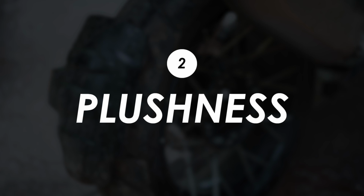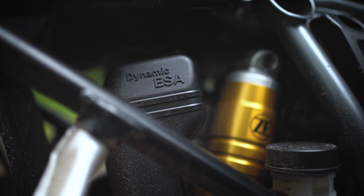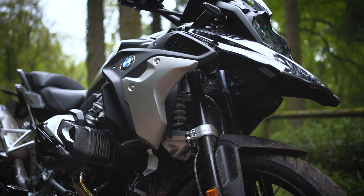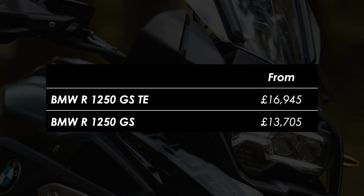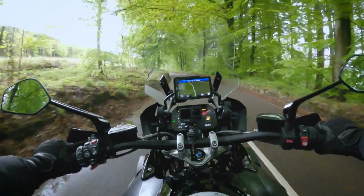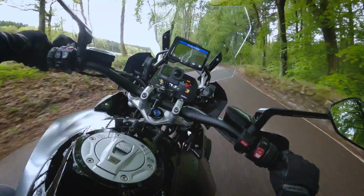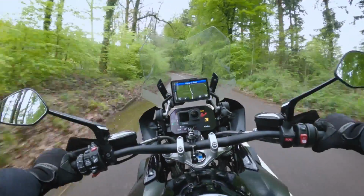Now, this being the TE model, you get BMW's Dynamic ESA, which is their semi-active electronically adjustable suspension. Now, there is quite a price difference between the standard model and the TE, but I think the Dynamic ESA alone is absolutely worth it. This has to be one of the most comfortable bikes in terms of ride plushness that I've ever ridden, and not in that super soft wallowy way, because it's constantly measuring the stroke of the suspension and making adjustments